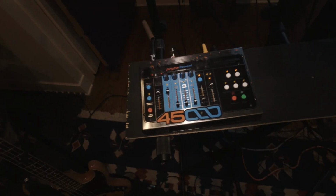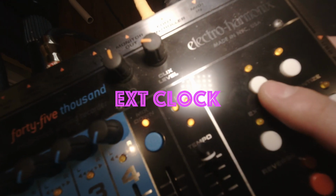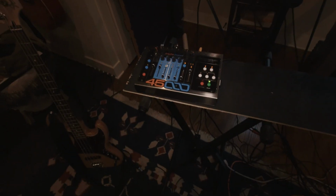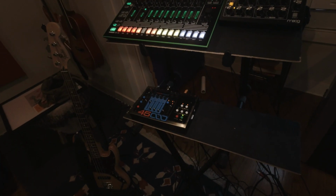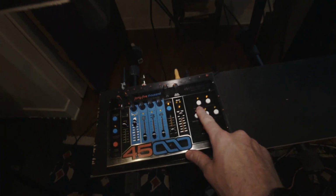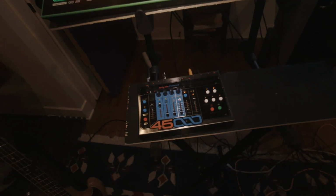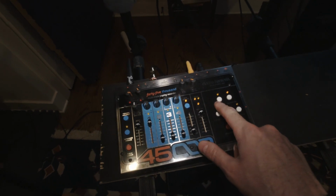Okay, so the first thing is you want this external quantize to be flashing, I don't know if you can see that, rather than solid. Because if it's solid, what happens is you hit the play button and your loop is playing. And maybe that's what you want, but if you want more control, it needs to be flashing, because in that case, even though you've sent the clock and it's quantizing to that clock, it's waiting for